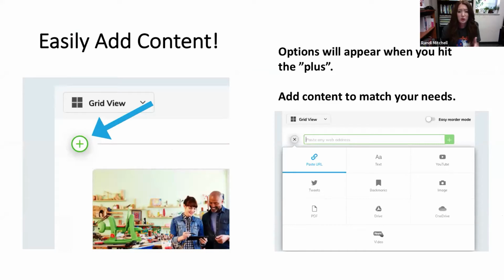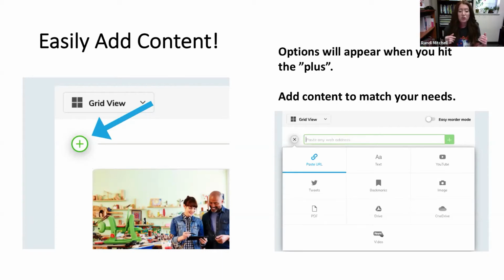Now we're moving to where you can add content. It looks like I forgot to put one slide in, which was semi-important, but it is okay because I'll show it to you later. So let's say I clicked on that collection with follow-up PD for the teachers here at FSDB. I can easily add content when I'm in the edit mode. All you have to do is hit that green plus button that has the arrow next to it. Hit that green plus button, and what you see on the right-hand side of the screen is all these different options that you can add into your